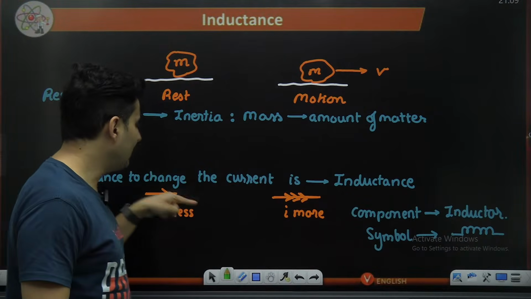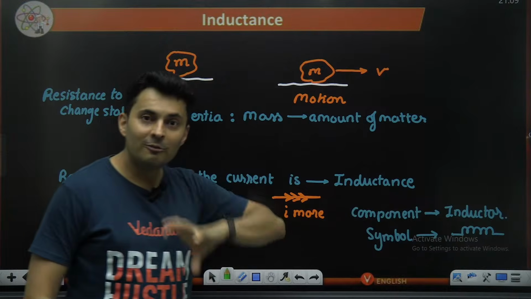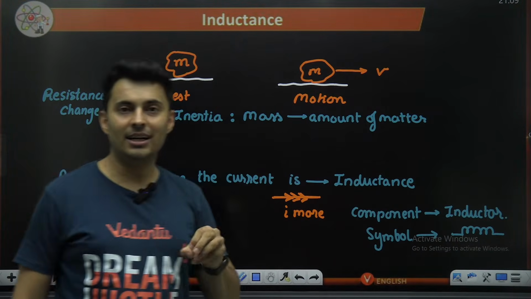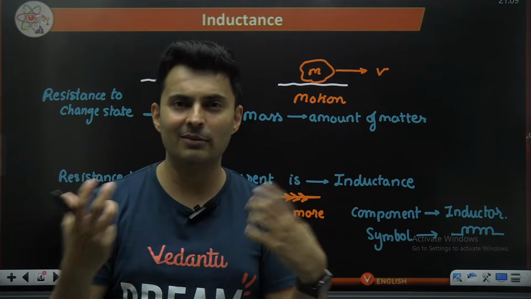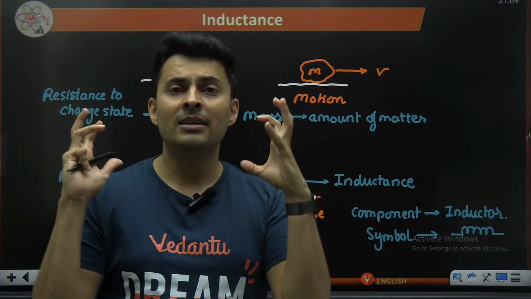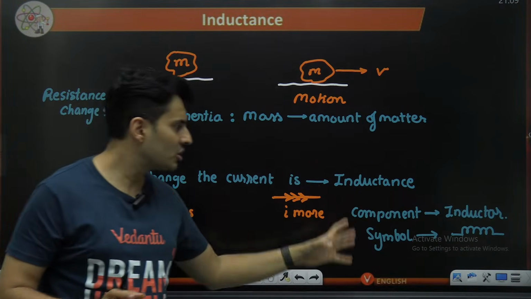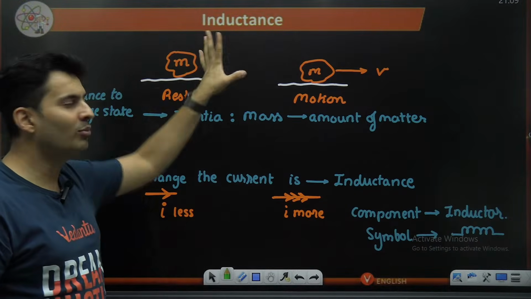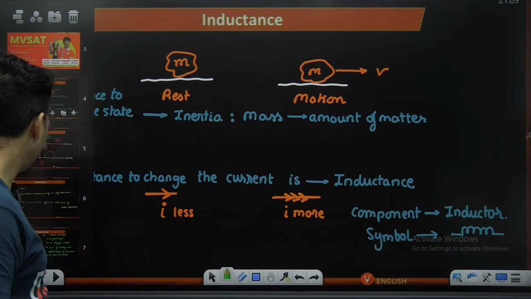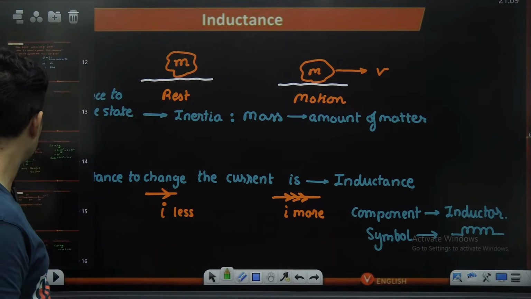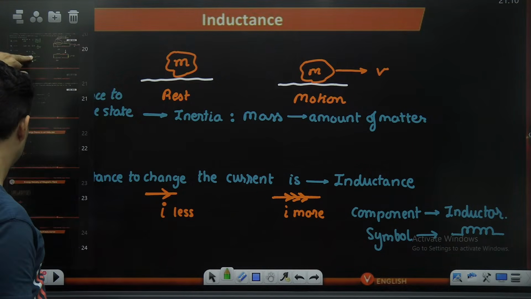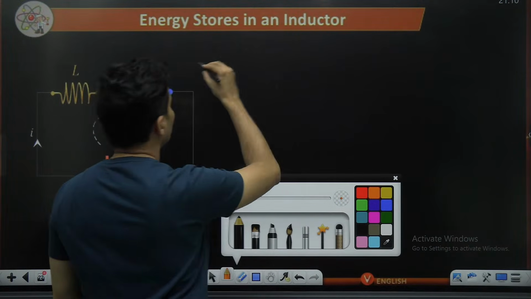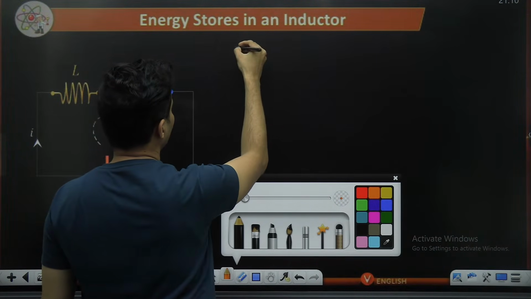Same way, a current which is moving through an inductor will have that energy of the flow of the charges within that inductor, which is producing that flux and everything. That energy in the magnetic form, which is stored in the inductor, is like the kinetic energy of a moving mass. So that is why we say that, yes, there is energy stored in the inductor. So energy is definitely stored in the inductor.